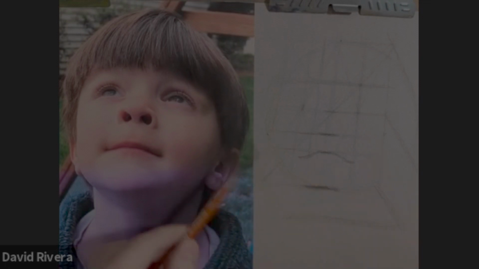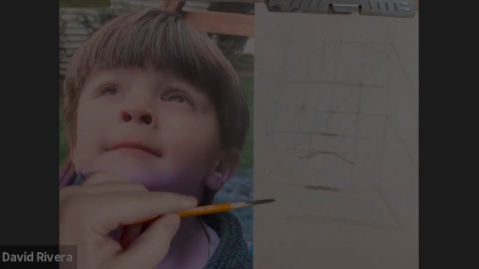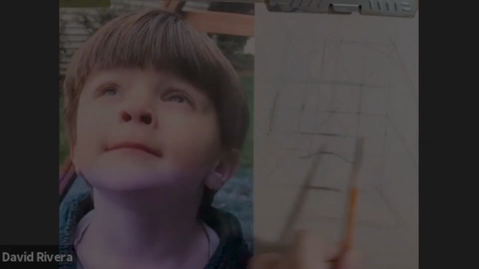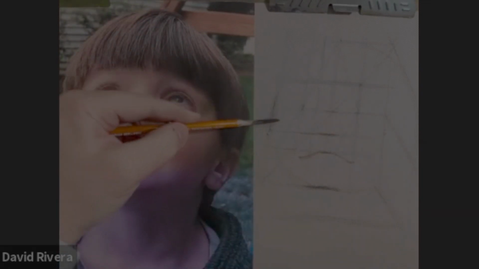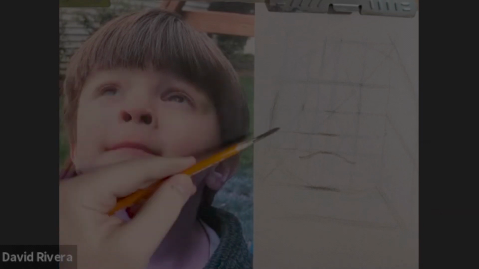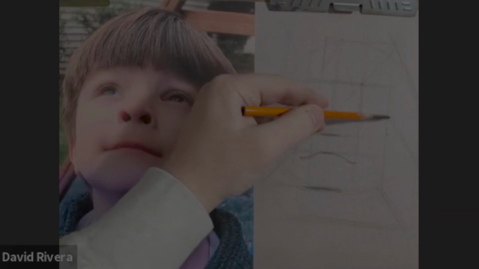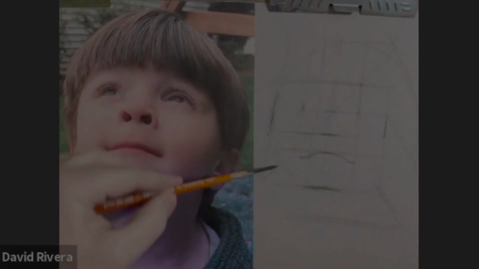Chin is there. Now, the other thing I have to do is imagine what this would look like with the jawbone added. So I already have the edges of my box. These are my widest points of the front plane. Okay, and